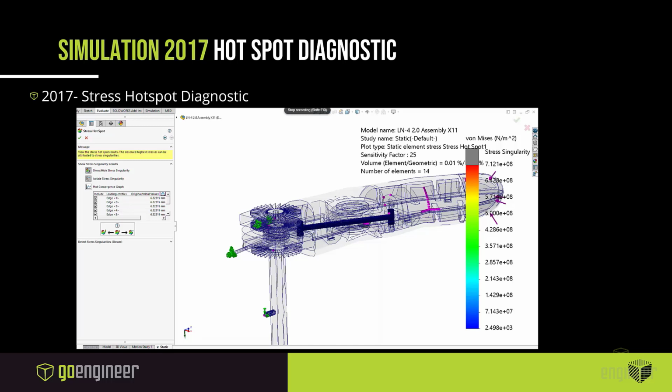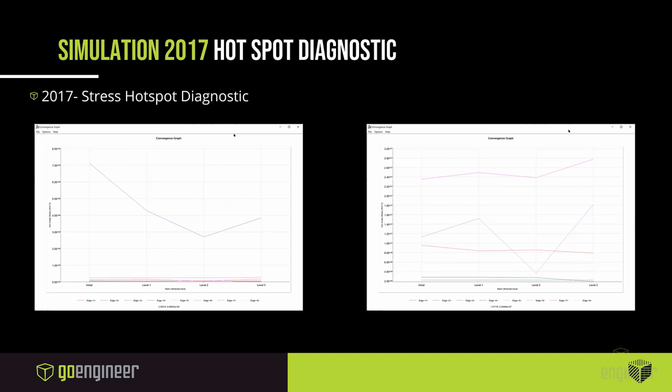And in the next example, I actually pulled up the graph of if we were to numerically show these results. At the bottom of the legend, below the x-axis, is a key guide that tells us which edge is being displayed, and the y-axis gives us the von Mises stress that was calculated through that diagnostic. So the graph on the left, I have the legend as default just to show us the highest concentration for whichever edge will exhibit that artifact, and the right shows an adjusted graph to show the lower,